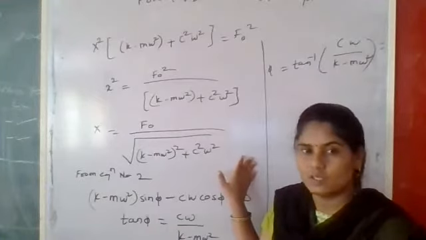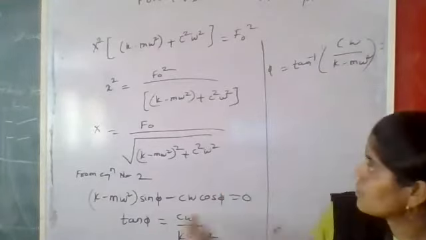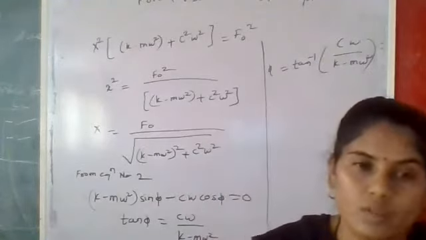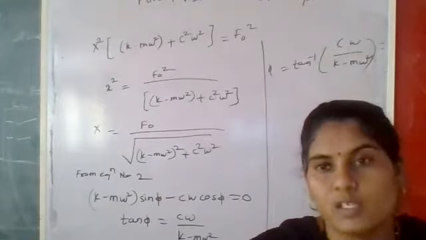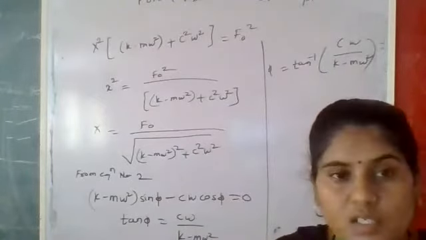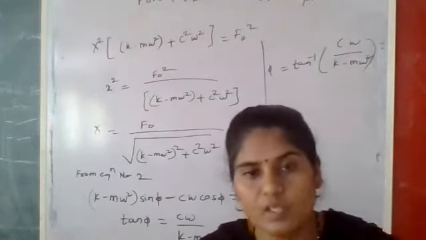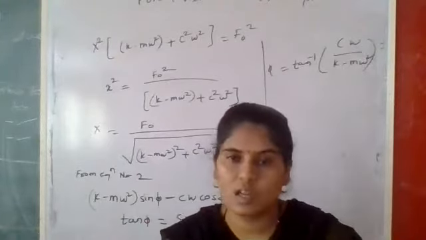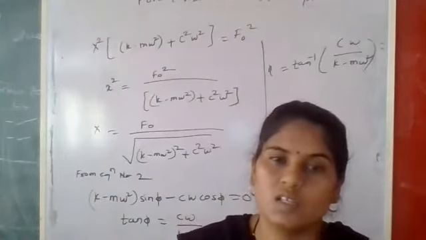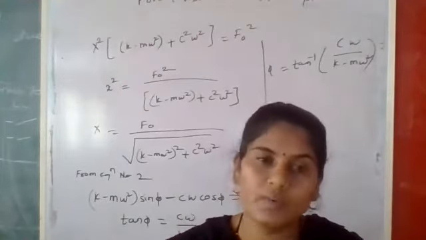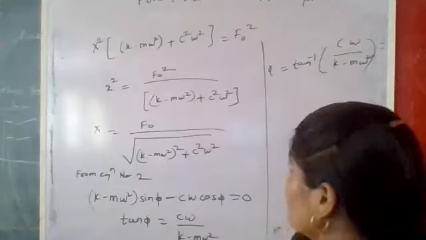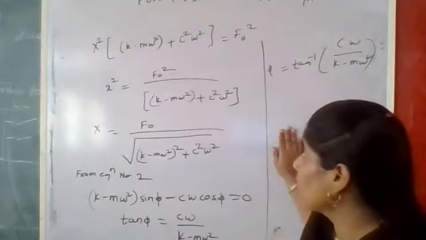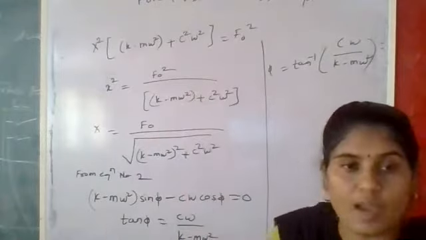In this respect, we have seen the basic terminology about the forced vibration of a damped system. Second, we have seen the mass spring damper system based on this forced vibration, and we have seen the forced vibration response also. We have already seen in the last lecture the steady state, and the second one is the transient state. Based on this, we have come up to the last point, derivation number 2, related to the forced vibration of a damped system.